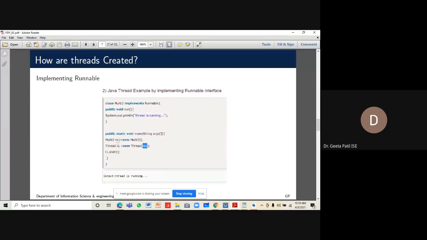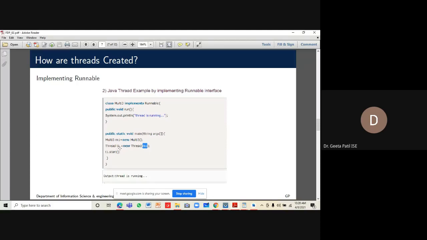When you are using this implements method, in order to use the run method, we have to create an object of the thread class. So we have created T1, which is an object of the thread class. Thread T1 equals new Thread(M1). That means T1, the object of the thread class, takes as a parameter M1, which is the object of the multi class, and in M1 we have implemented the run method.